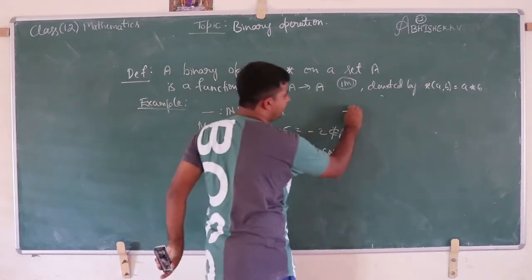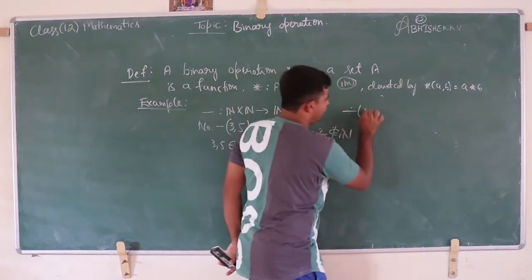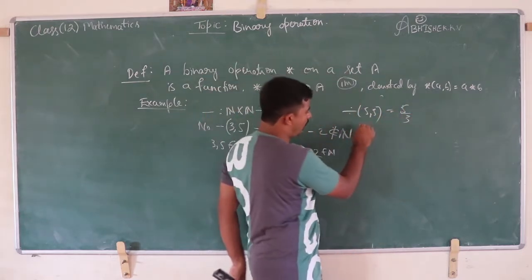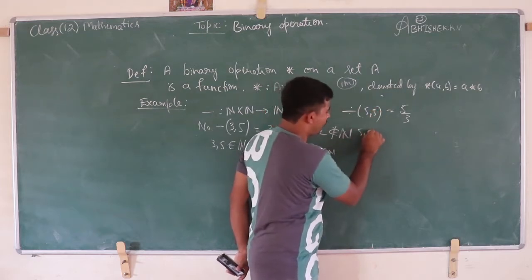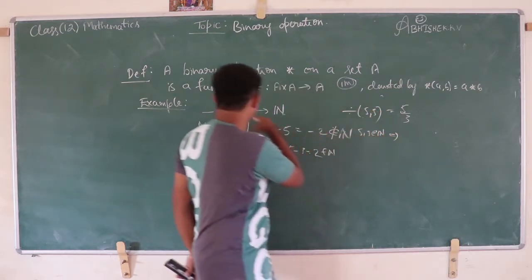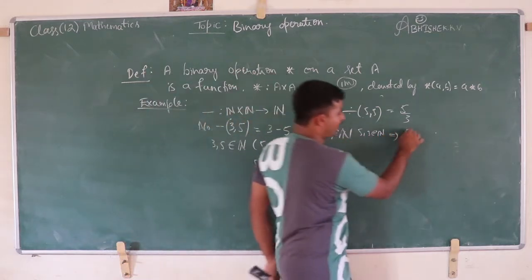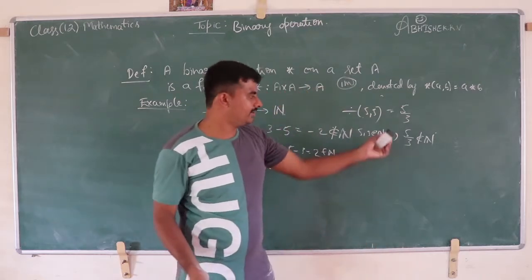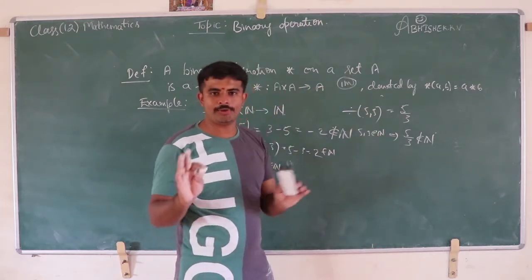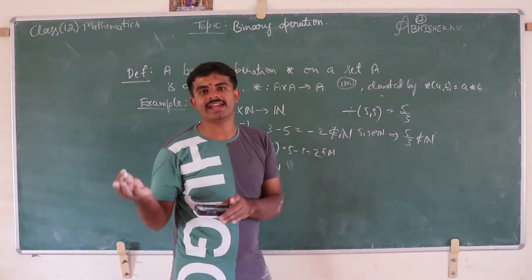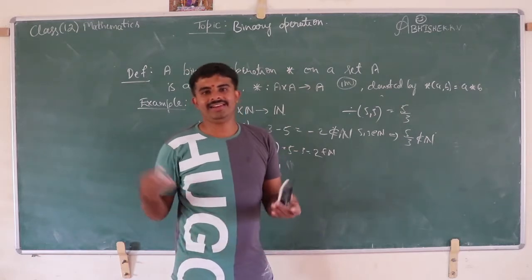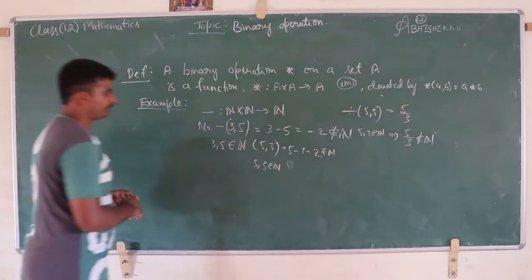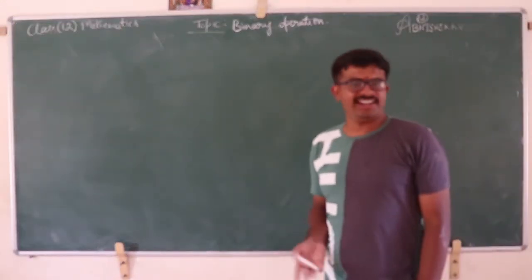What about division? Similarly, if you consider division of the ordered pair 5 and 3, this is equal to what? 5 by 3. Even though a comma b belongs to natural numbers, that is 5, 3 belongs to natural numbers, the resultant should be what? 5 by 3 does not belong to natural numbers; 5 by 3 is a real number or a rational number. See, I hope you are all getting what is a binary operation and how we can conclude whether the given function is a binary operation or not. Okay? Yes, we defined what is a binary operation, right?